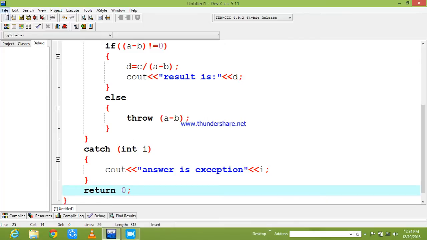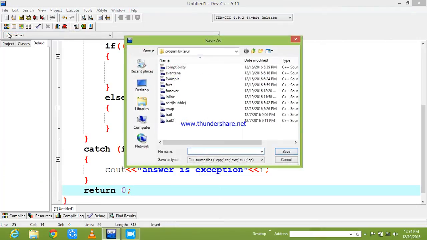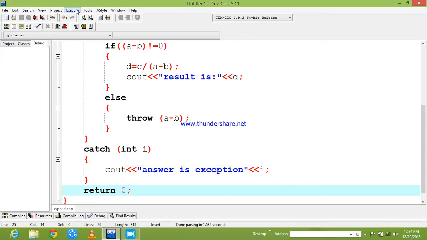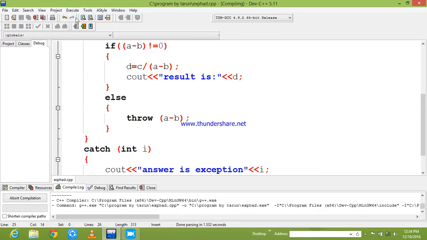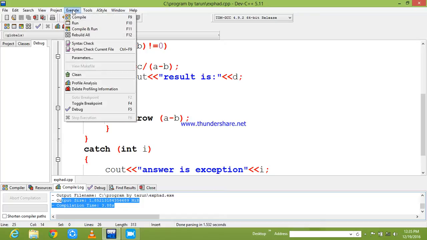Now I am going to save this program and check. My program name is exception handling; I am giving a shortcut name. I am going to compile and check the compilation time and the space occupied, so that I can get clear clarity about this. So see, my compiler is showing that it takes approximately 1.85 MiB and 3.88 seconds to compile, and I will check